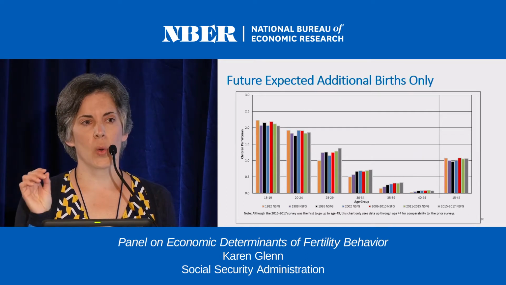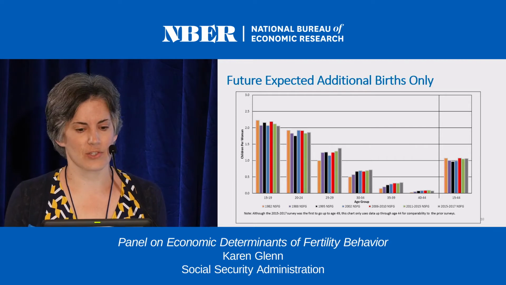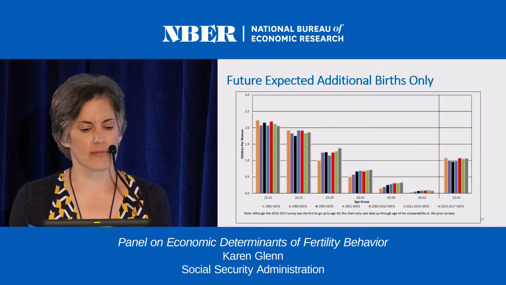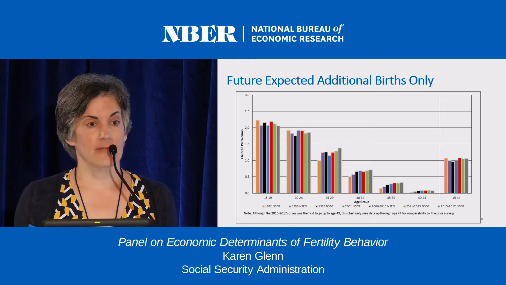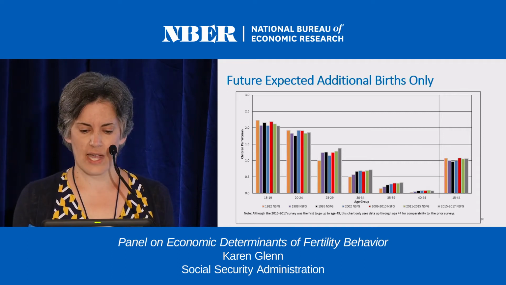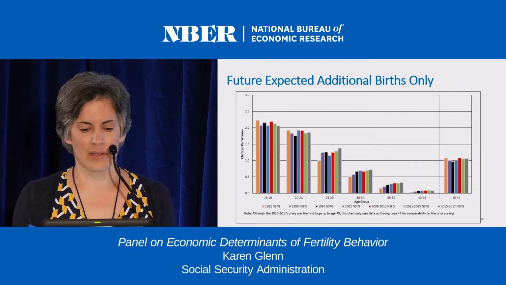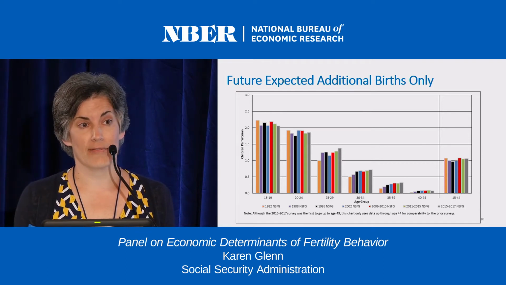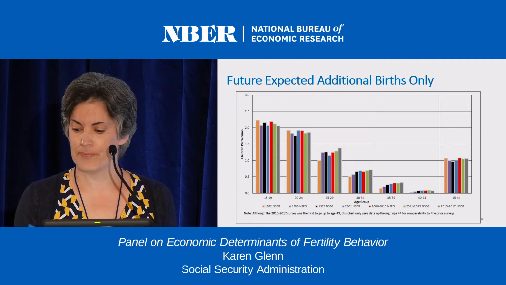So what if we only look at those future expectations? The stuff above those white lines on the previous graph. Obviously varies by age group. Women in their 40s don't expect to have many future children. But the thing to take from this graph is that over time, expectations have been either increasing or staying level. They haven't really been going down.